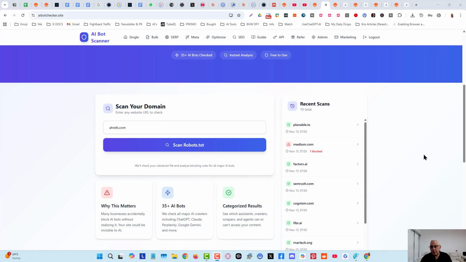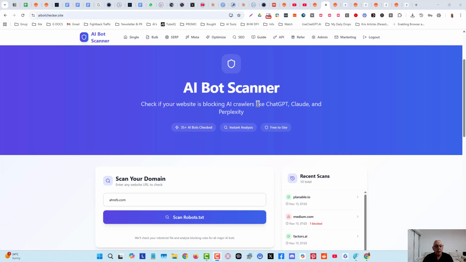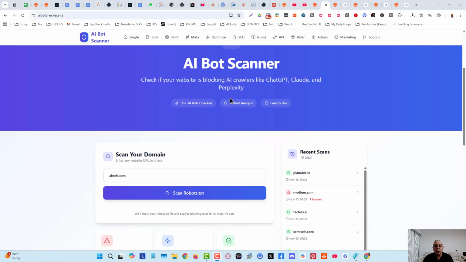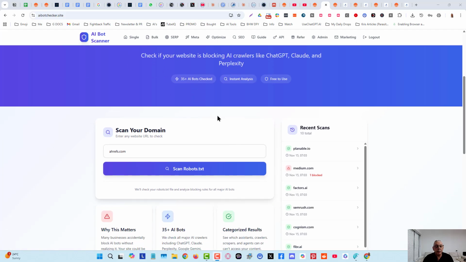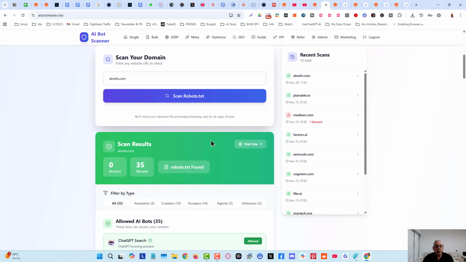Hey guys, something really cool that I've been working on in the background. About a week ago or 10 days ago, I gave out a lead magnet. It's called AI Bot Scanner, and what that does is just a simple little tool that can scan the robots.txt files on any website. This could be used for multiple use cases, for your own websites or for trying to get clients. Okay, so I'm just going to put in here hrefs.com for example, and you can see it's done